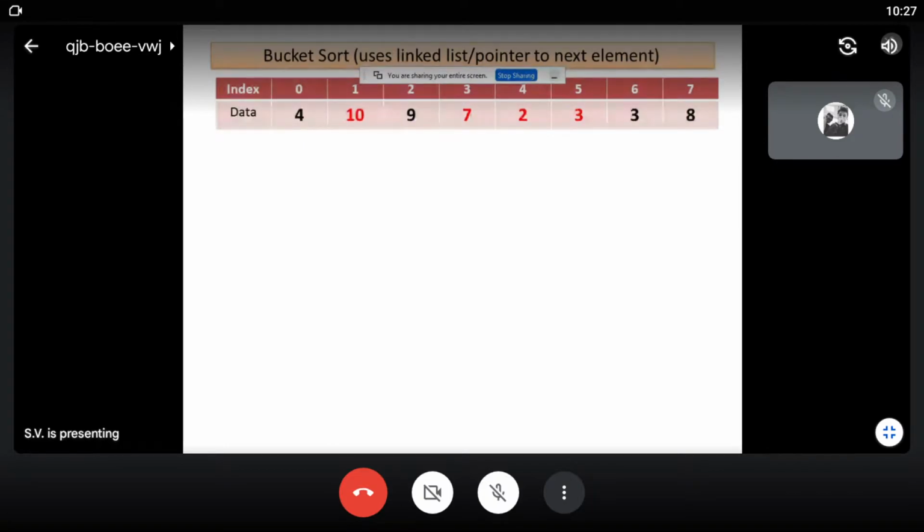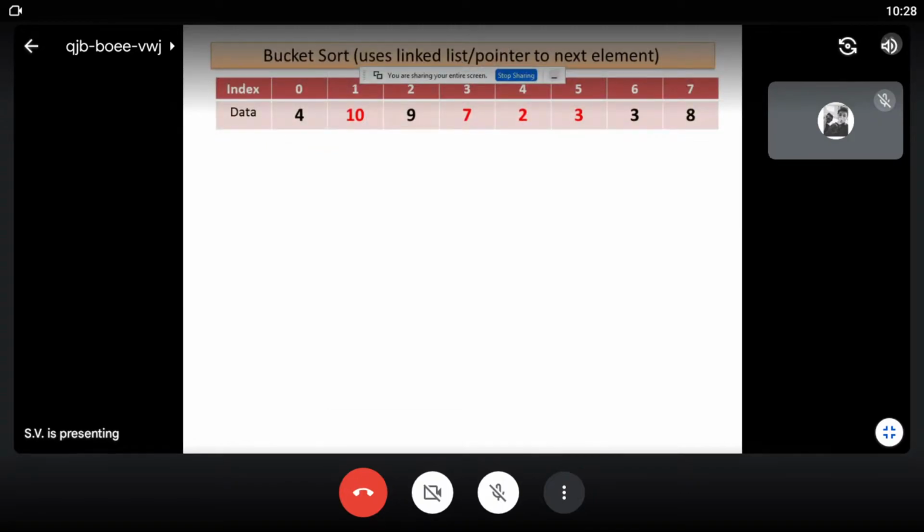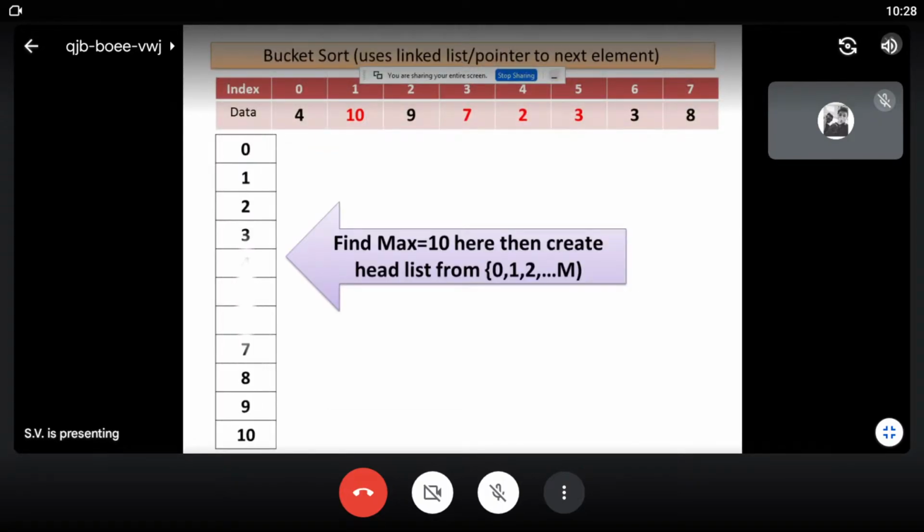But over here we are using bucket sort, which uses linked list or pointer based allocation. So what is the concept? It is very simple. We have to find the maximum in the list first.